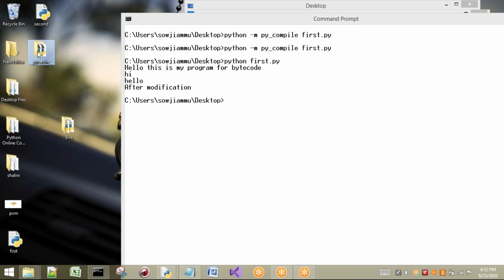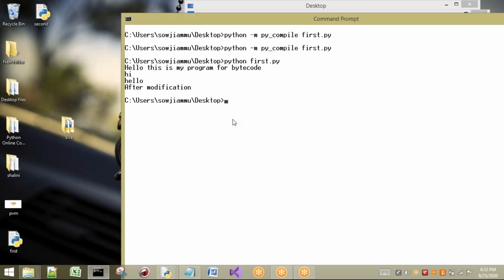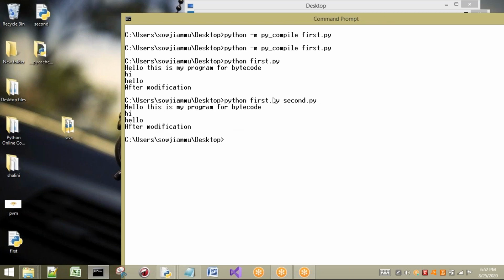If I want to compile two more files, for example multiple files, we have the same option continuously. I can just give a space and type the second file name, second.py, enter. So see, here compilation is completed. See here what I have done: python space, that means I'm executing directly. But if I want to compile, I have to use this statement. See, python space first.py means executing one file. If I want to execute multiple files, I can write here in this way.